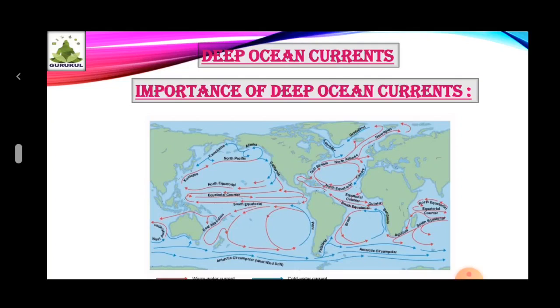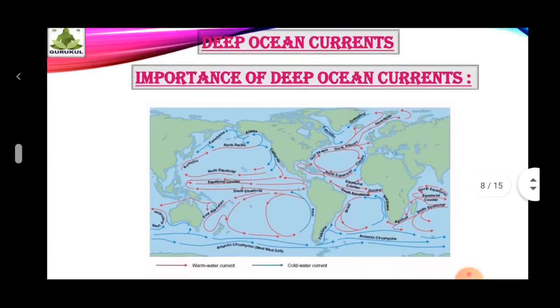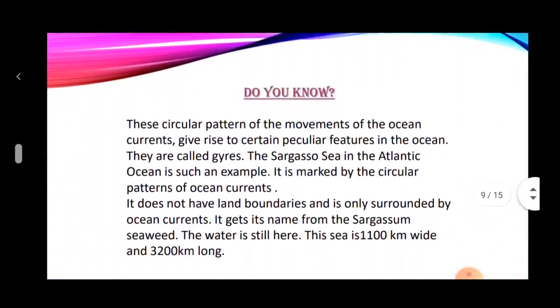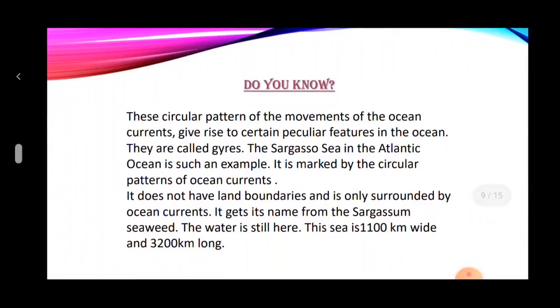Warm water is transferred to the bottom from the surface, and the nutrient rich cold water is circulated to the surface. Now here, do you know, students, that this circular pattern of the movements of the ocean currents gives rise to certain peculiar features in the oceans, and they are called